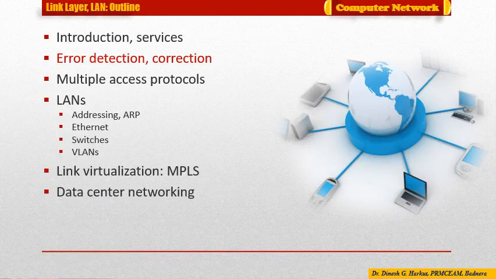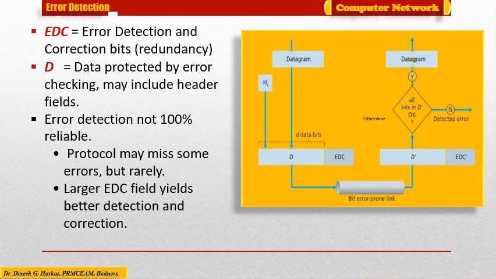To start with, we will explore the parity check error detection and correction mechanism implemented at the link layer, which facilitates reliable data transfer. Bit level correction and detection, that is detecting and correcting the corruption of bits in the link layer frame sent from one node to another physically connected neighboring node, are two services often provided by the link layer. We know that a similar error detection and correction service is also offered by the transport layer.